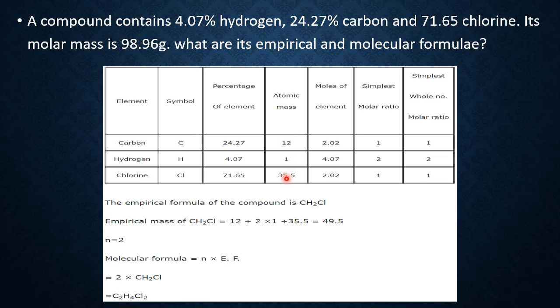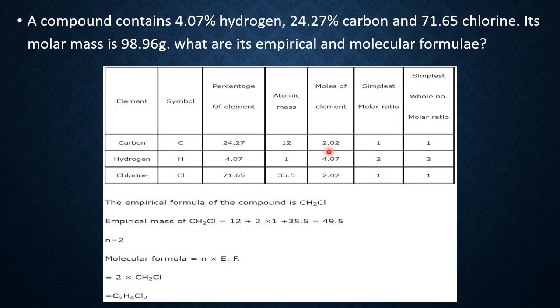Now our next step is what? The next step is, if you divide the percentage composition by the atomic mass, you will get the number of moles of that element. Please recall our previous discussion. For 18 gram of water, this much is the oxygen. For 100, how much? So we have calculated. Now we are going reverse. So dividing the percentage of the element by atomic mass, we will get the number of moles of that particular element.